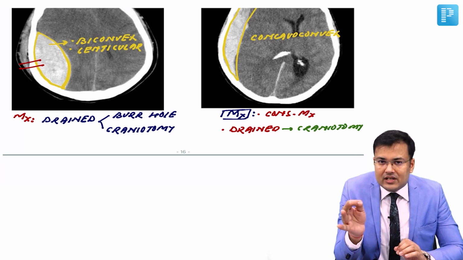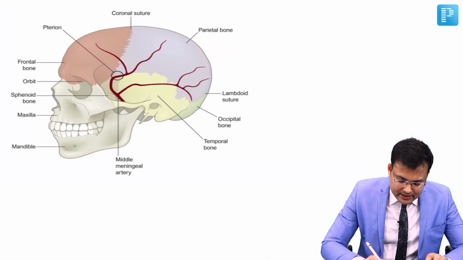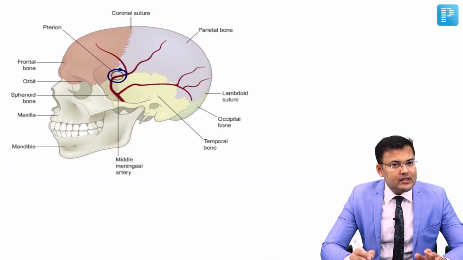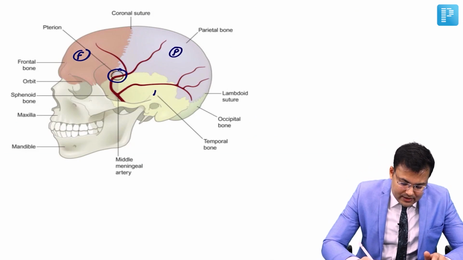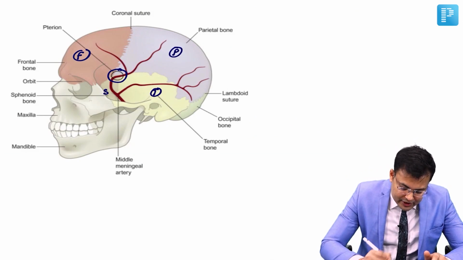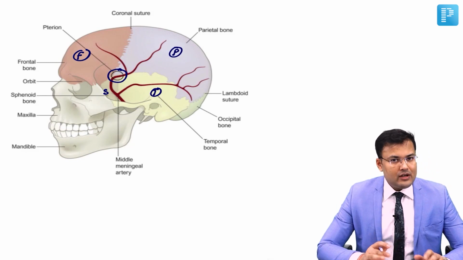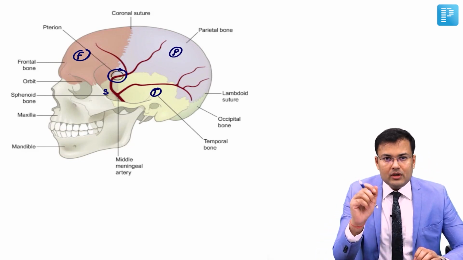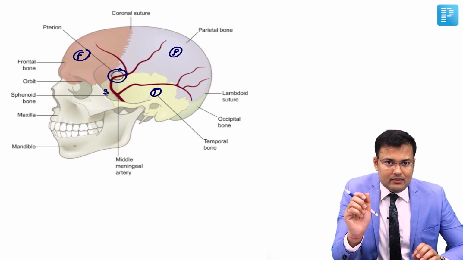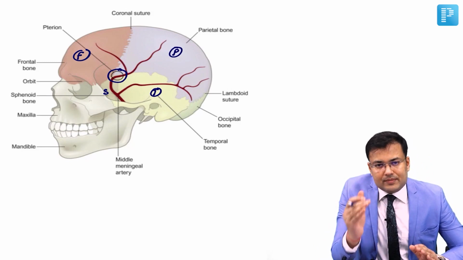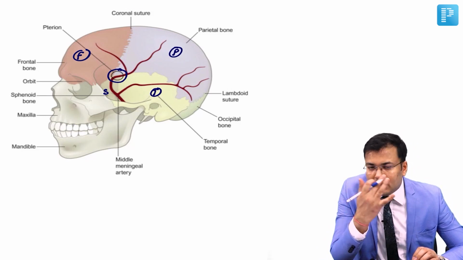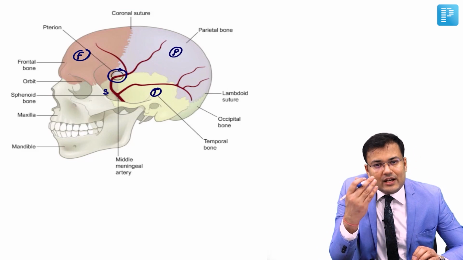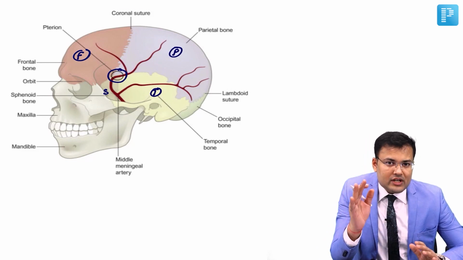So we discussed the relation of the pterion. You can see again the location of the pterion. It is located at the convergence of the frontal, parietal, temporal and sphenoid bone sutures, right? So here we are going to create the burr hole. Sometimes NCCT is not available, and on the basis of suspicion only, you have to create the burr hole. So how are you going to do it? Look at the pupils. The side on which the pupil is dilated, if CT is not available, you will create the burr hole close to the pterion.